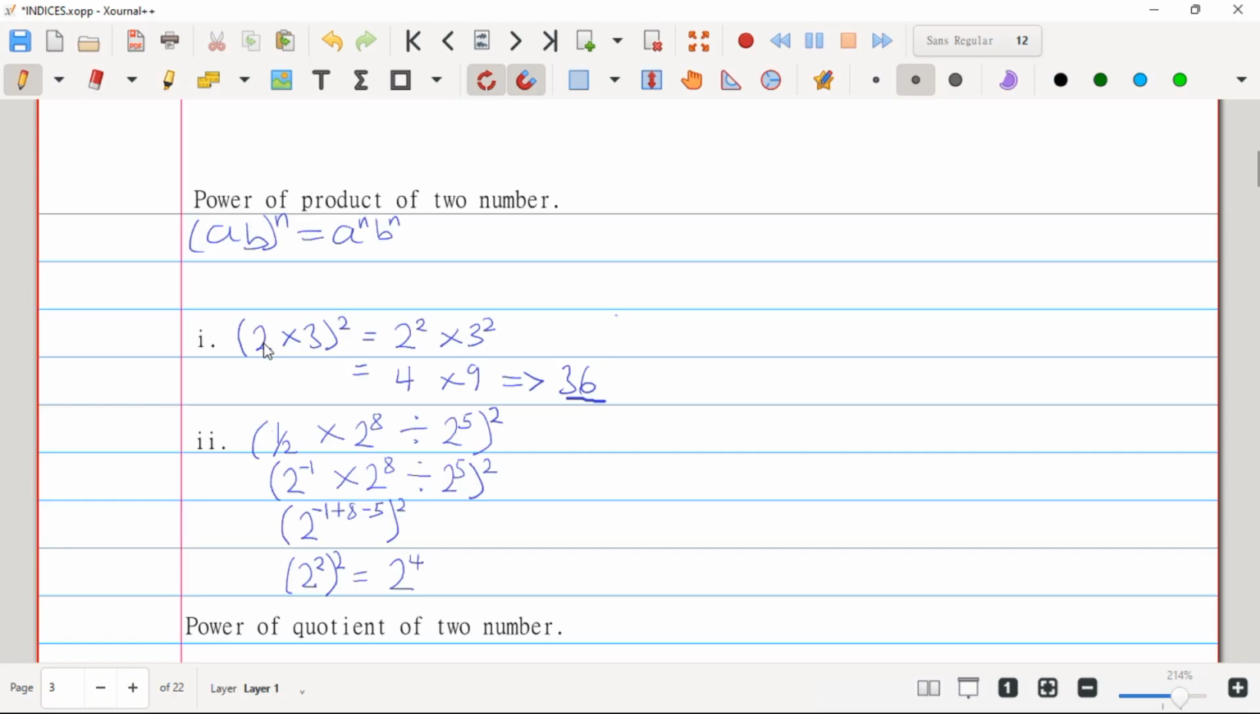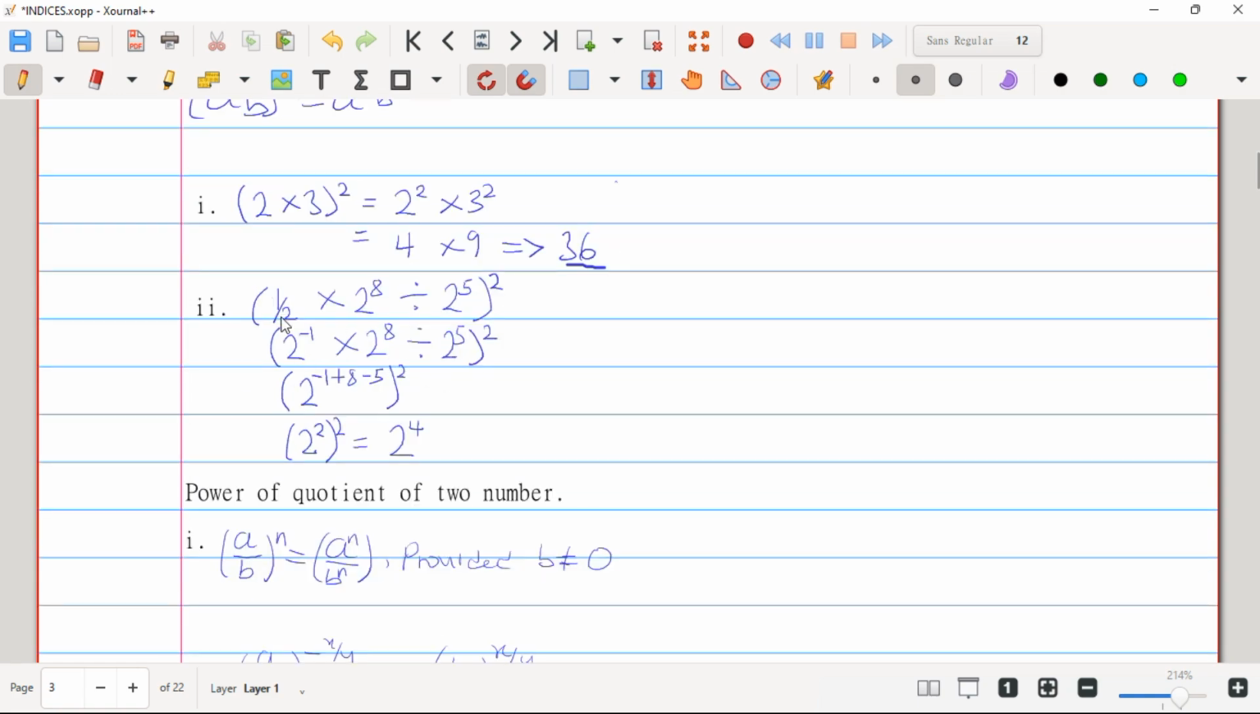So for this one, we have this example. We have 2 times 3 all raised to the power 2. So this whole expression can be written as 2 raised to the power 2 times 3 raised to the power 2, since they are all raised to the power of square. We just square each of the factors. When we expand 2 raised to the power 2, we have 4. When we expand 3 raised to the power 2, we have 9. 4 times 9 is surely going to give us